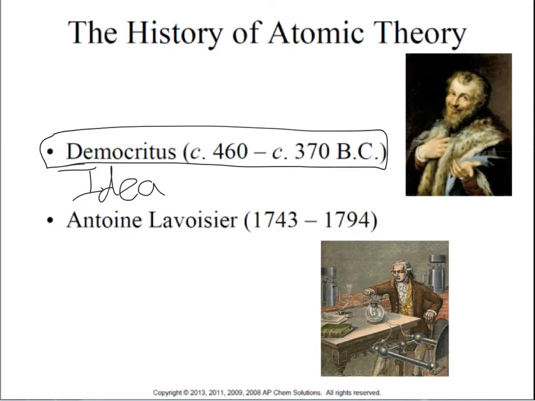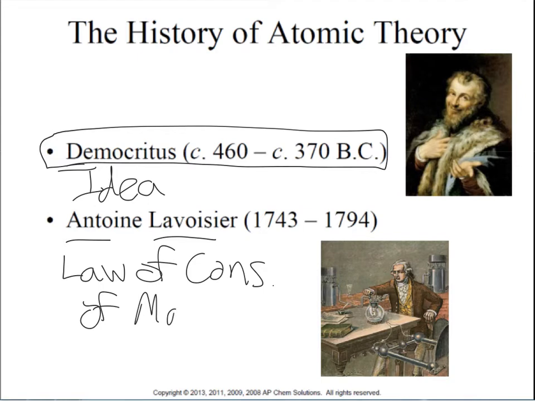Well, along came this guy, Antoine Lavoisier, and his big contribution is this right here. He came up with the law of conservation of mass. Basically, he started burning things and doing chemical reactions in his lab, and he found that the mass before and after was the same, even though some of that mass seemed to disappear from sight and things seemed to change. So he figured that everything must be made up of matter, even though we can't see those particles. But he wasn't real sure what that was.